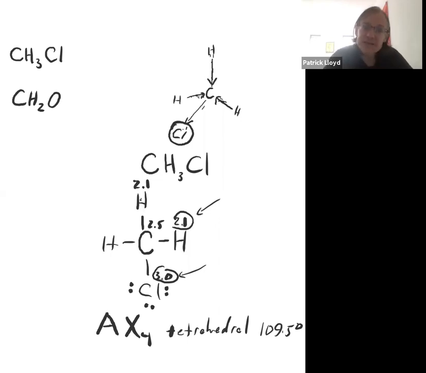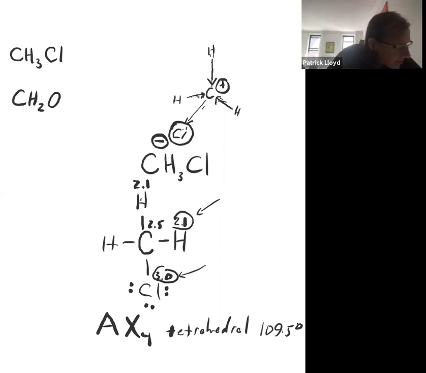And so it's going to be the negative end. So you're going to get a negative here. Okay. Where's the positive going to be? It's a little complicated because of the way these things add up, but it's going to be somewhere around here. The positive will be up there. Okay. So our answer then would be that it is in fact polar, and that the electronegative atom, that's the